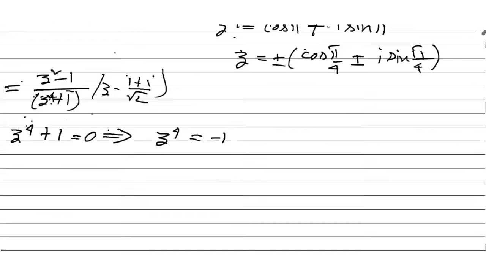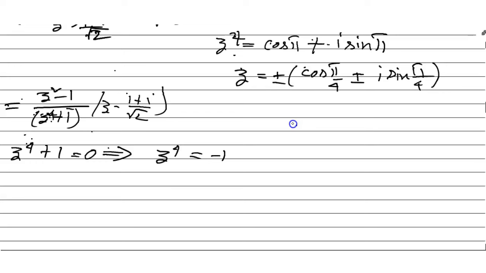So friends, you will see that whatever we get, limit z tends to (1 plus i) by root 2,